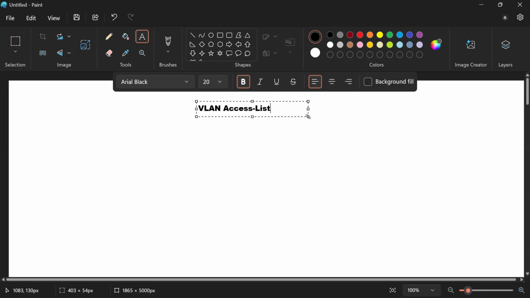Now, what is VLAN access list? So VLAN access list is used to filter the traffic within a particular VLAN. So within a particular VLAN, maybe you don't want a particular node to communicate. So in that case, we can use VLAN access list. So how you can define it? You can say